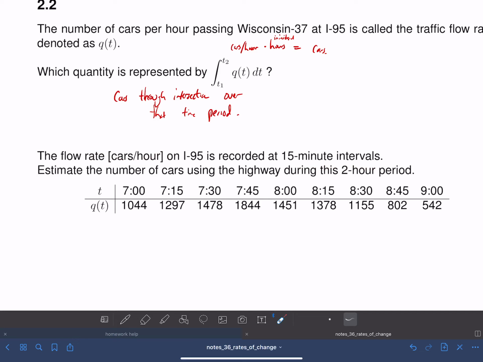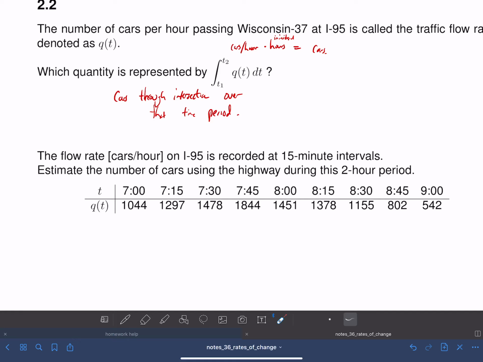Maybe it was every 5 minutes that they were giving it to us. It doesn't matter. The thing is that they're measuring these rates every 15 minutes, right? And so if we want to estimate the number of cars using the highway during that 2-hour period, then we've got to use this table right here to